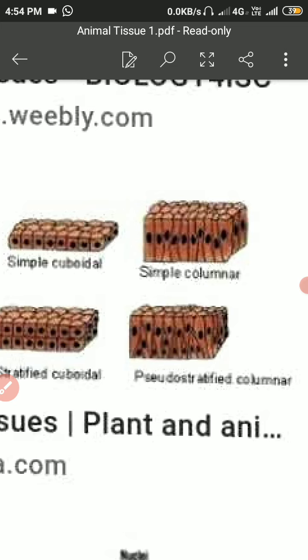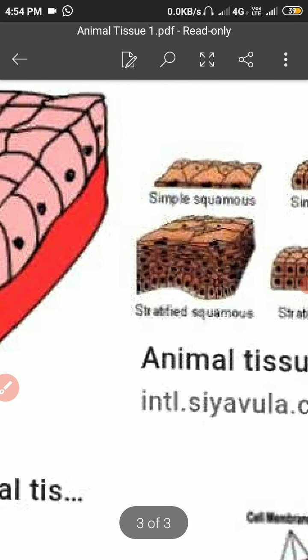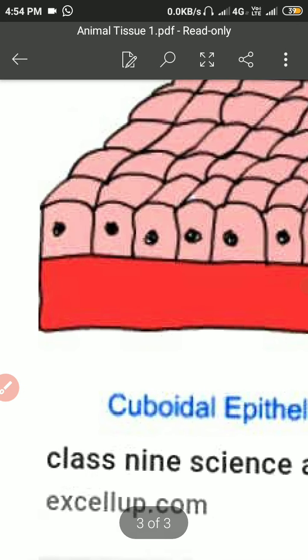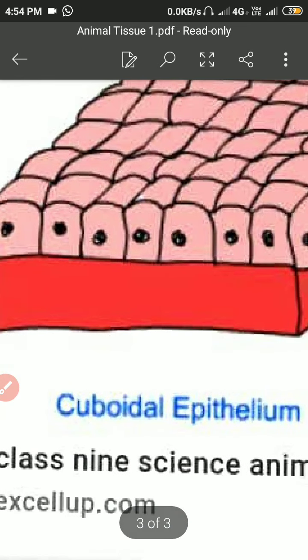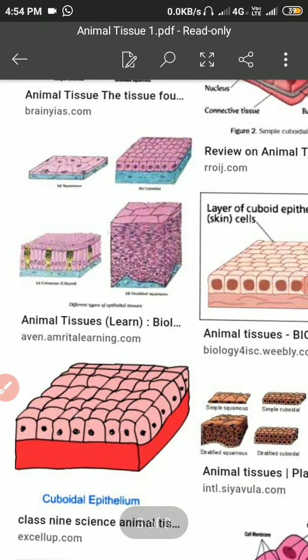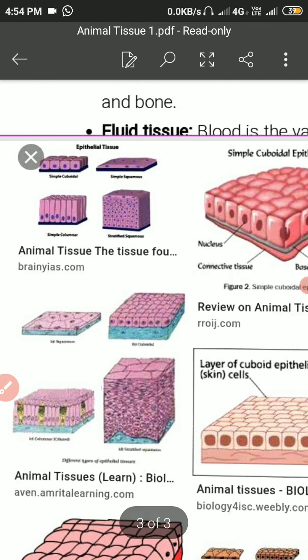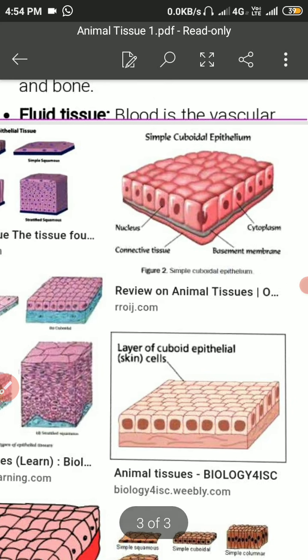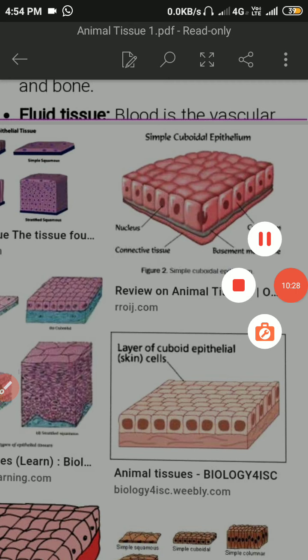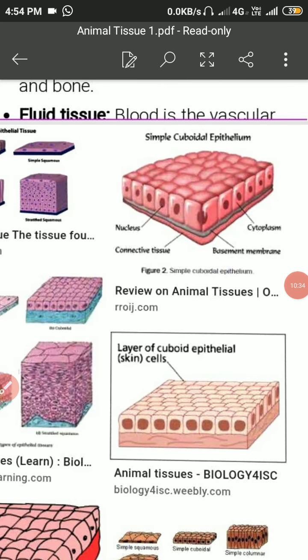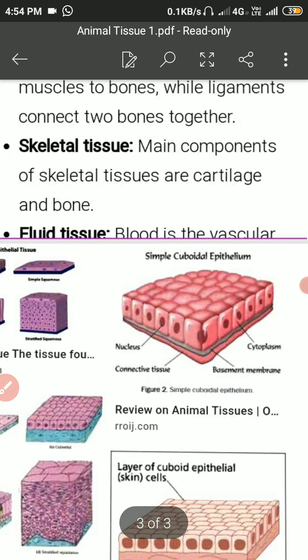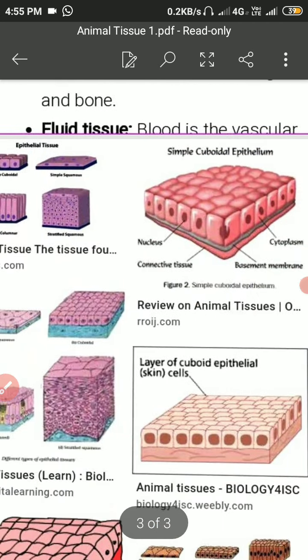Specialized columnar, and also different organs, different parts of the body, they decide what kind of tissue they will have. So they will have different tissues according to their function, and physiology, according to the structure of that particular organ and physiological aspect also. So dear students, these are the different types of the epithelial tissue which are found. Now one thing more, that there are